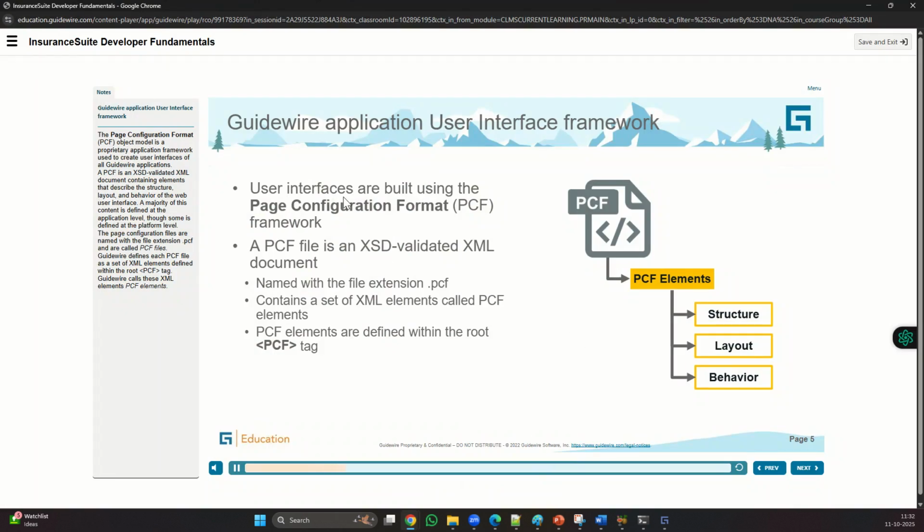So it defines that user interfaces are built using the Page Configuration Format framework. It's a framework, and it is an XSD validated XML file. These are XML files actually. Okay, so the PCF element defines the structure, layout, and also the